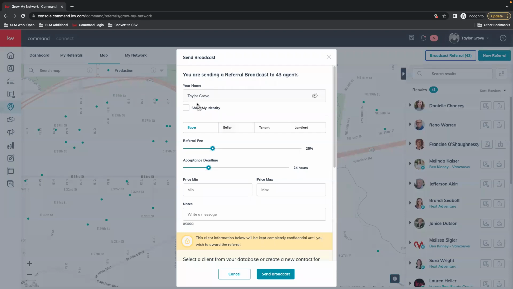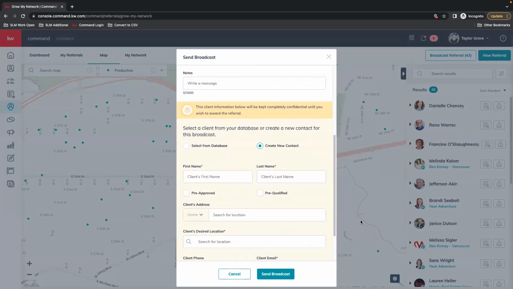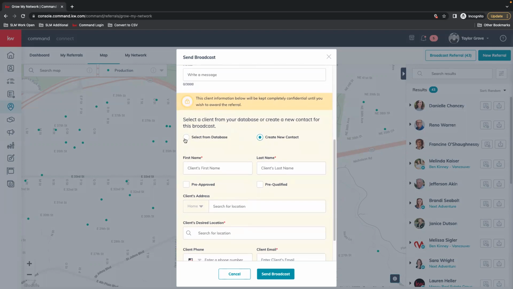You can choose whether or not these agents can see your name, or it can be anonymous. And then you have your information about the client and what they're looking for, and then you connect your client's name.